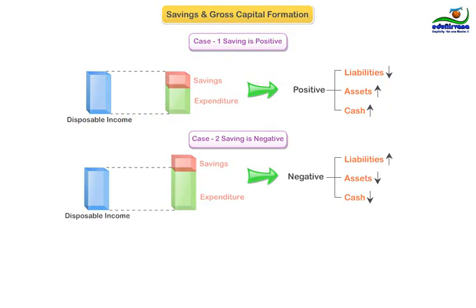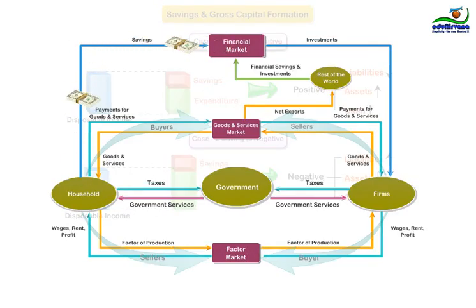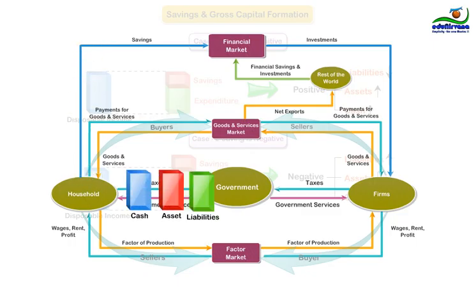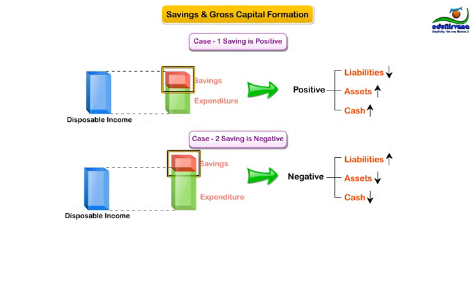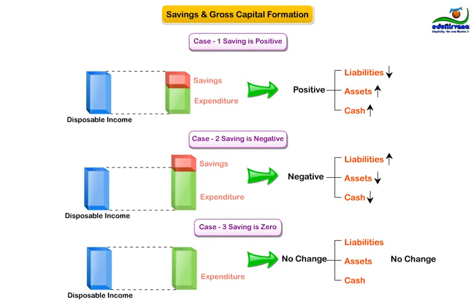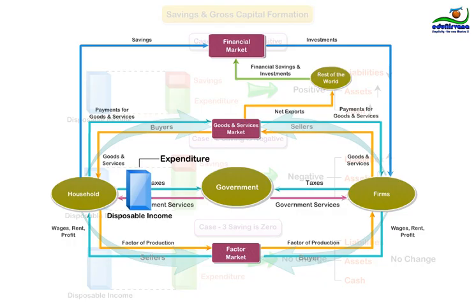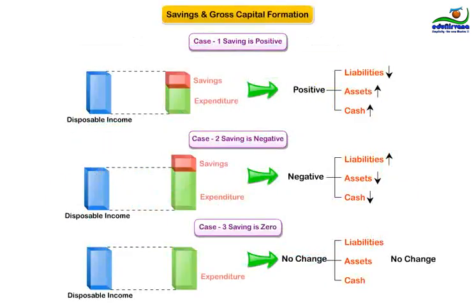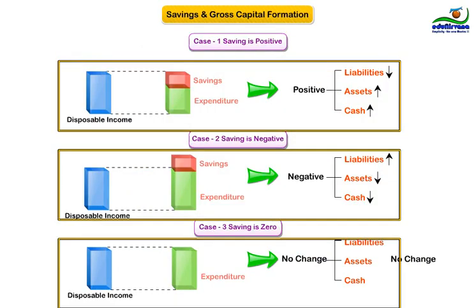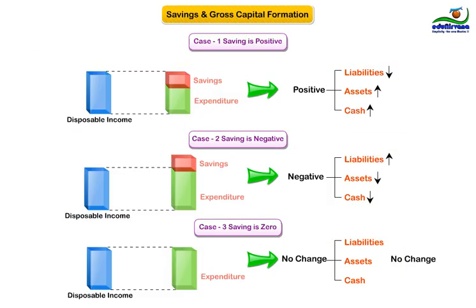If saving is negative, some financial or non-financial assets must have been liquidated, cash balances run down, or some liabilities increased. Thus, saving provides the link between the current accounts of the system and the subsequent accumulation accounts. If saving is zero, that is, if final consumption expenditure equals disposable income, the institutional unit is not obliged to liquidate any assets or change any of its liabilities.